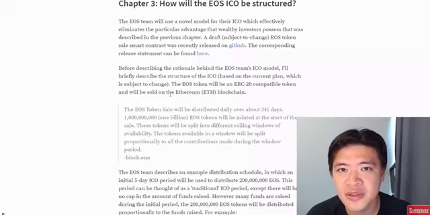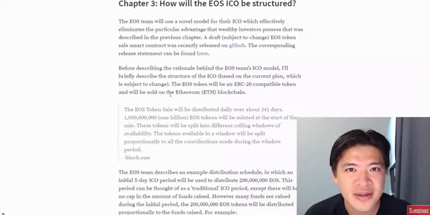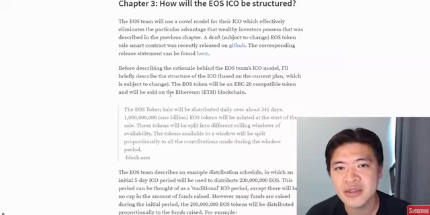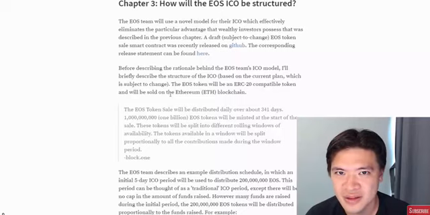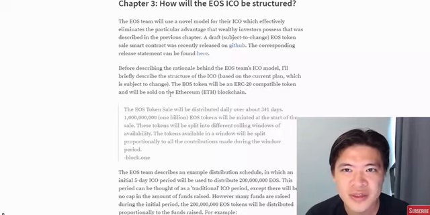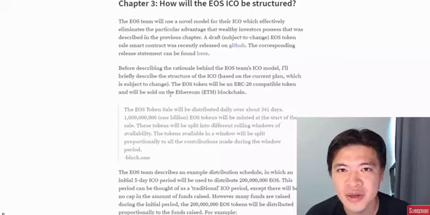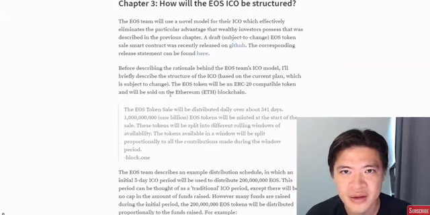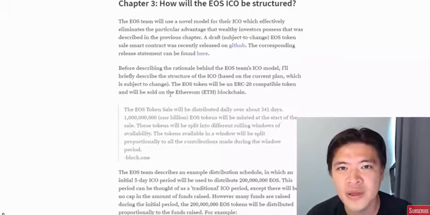So how it's going to work is that every day during this year, after it starts rather, it's going to have a certain amount of tokens that's going to be up for grabs. And it's going to be distributed in proportion to how much the total amount is being paid. And that sounds crazy, right? So if there's two competitors for it, and someone pays 8 Ethereum and someone pays 2 Ethereum, then 80% will go to the person who paid 8 Ethereum, and 20% will go to the person who paid 2 Ethereum. So it distributes like that, and it's going to last a whole year.